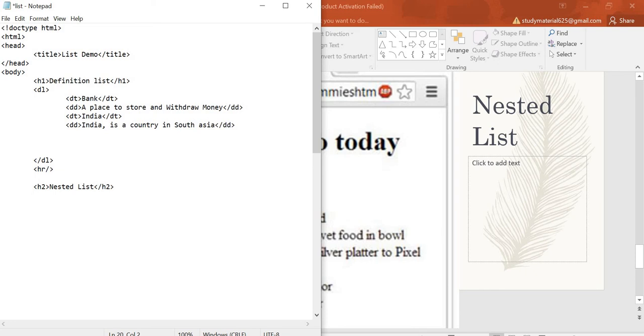For that, first I'm going to give the ordered list. Inside the ordered list, an unordered list I'm going to write. So ordered list, then list item.